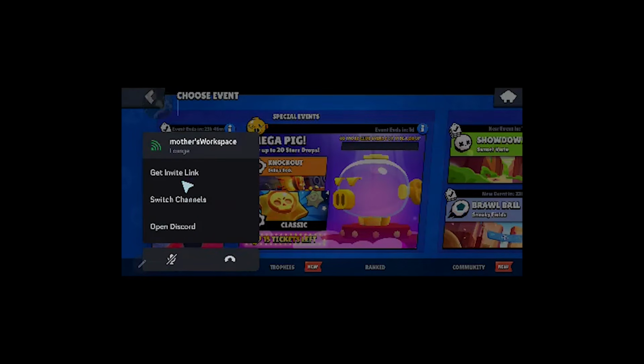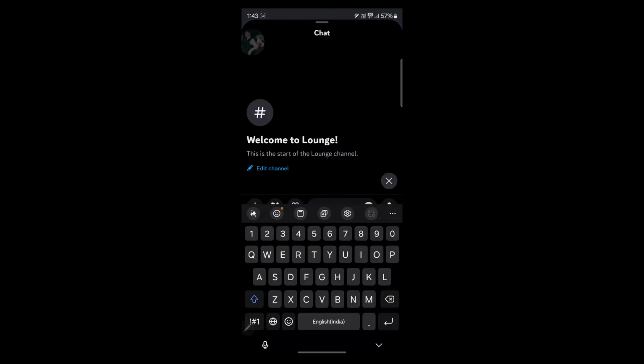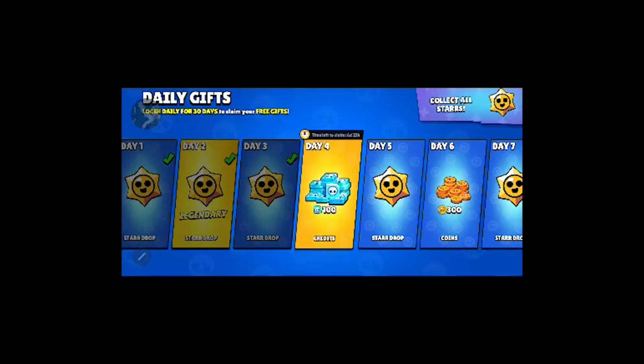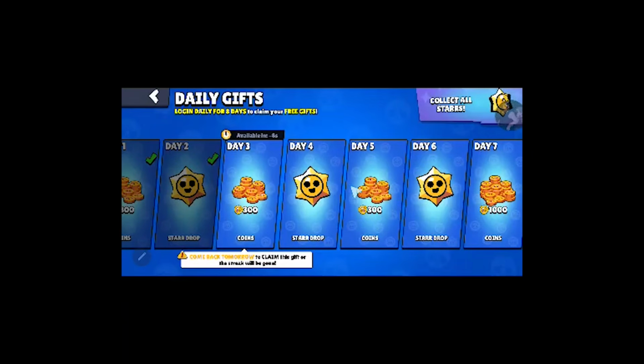You can switch channels, get invite link, open Discord by clicking here, chat with anyone, then take this down, get back and start your game again. So that's how you use Discord on phone while playing